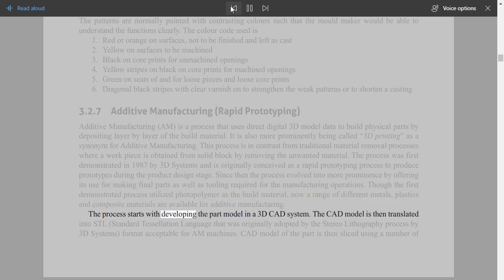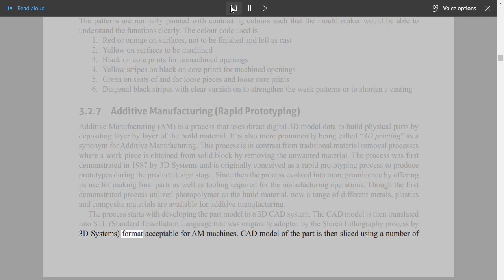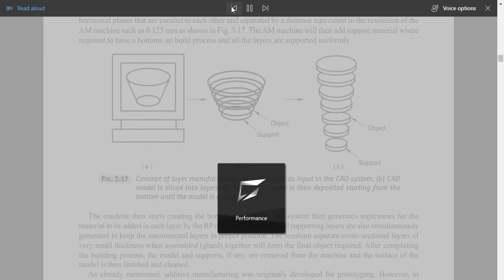The process starts with developing the part model in a 3D CAD system. The CAD model is then translated into STL, standard tessellation language that was originally adopted by the stereolithography process by 3D Systems, a format acceptable for AM machines. The CAD model of the part is then sliced using a number of horizontal planes that are parallel to